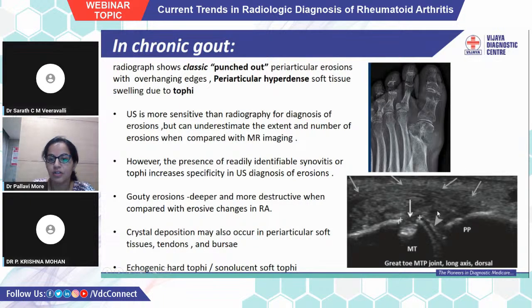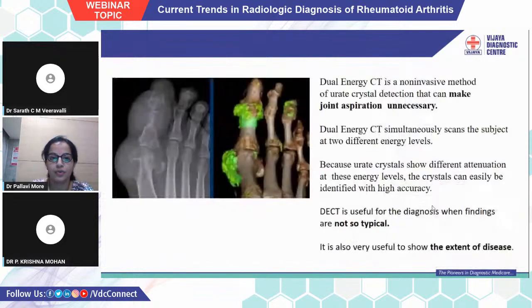Crystal deposition may also occur in periarticular soft tissue, tendons, and bursae. Ultrasound also may show echogenic hard tophi or sonolucent soft tophi. Dual energy CT scan is a non-invasive method of urate crystal detection that can make joint aspiration unnecessary in gout patients. Dual energy CT scan simultaneously scans the subject at two different energy levels. Because the urate crystals show different attenuation at these energy levels, the crystals can easily be identified with high accuracy. So it is useful when the findings are not so typical, and also very useful to show the extent of